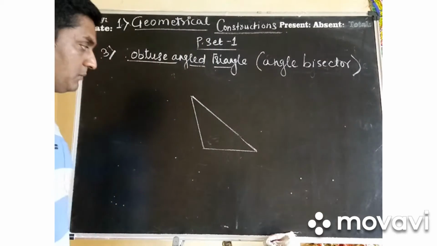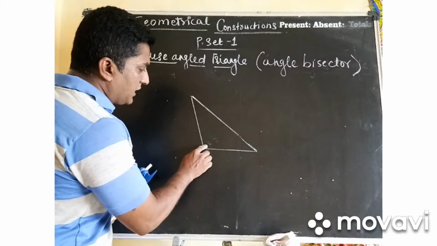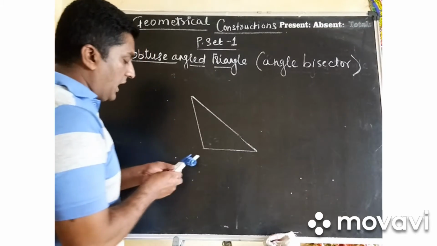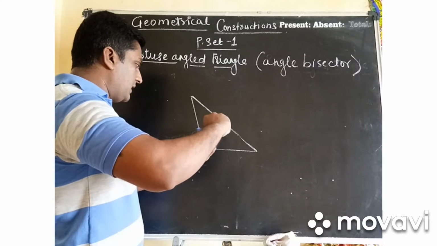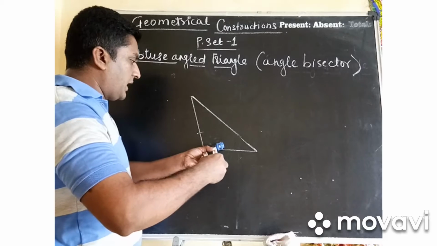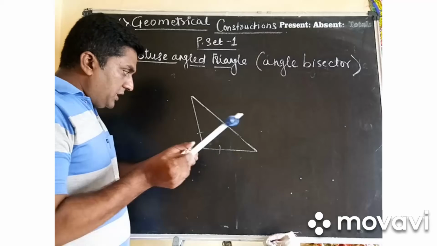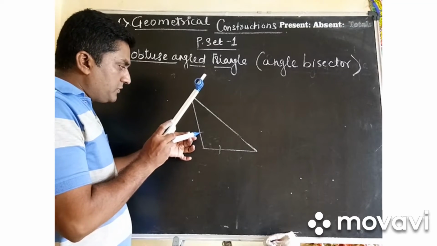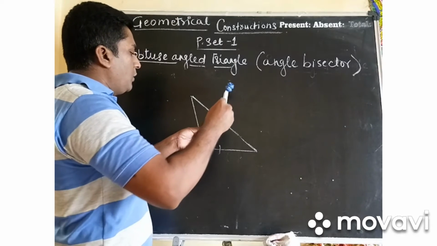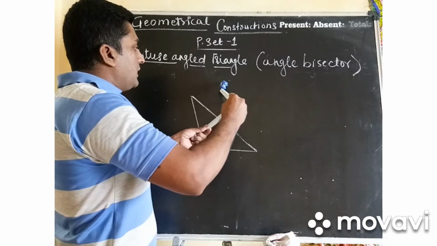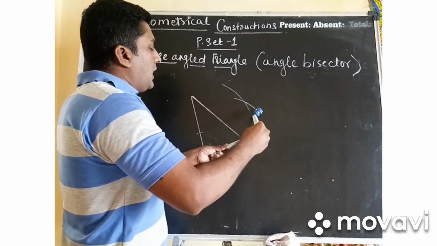Right everybody? Now what I am going to do is make the angle bisector of it. So first I will bisect this angle. It will come like this. Look here at how to do it. First I am making an arc here and another arc here. After that I will extend it here. I will keep the point of the compass on this one and make the span a little bit smaller, and I am going to make it here. So see how to make it. I will make it here this way, and from here I will try to join it. I have joined it.